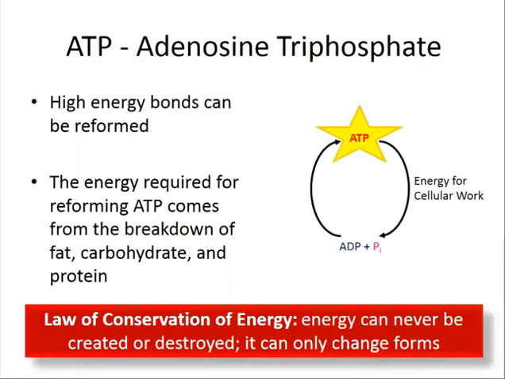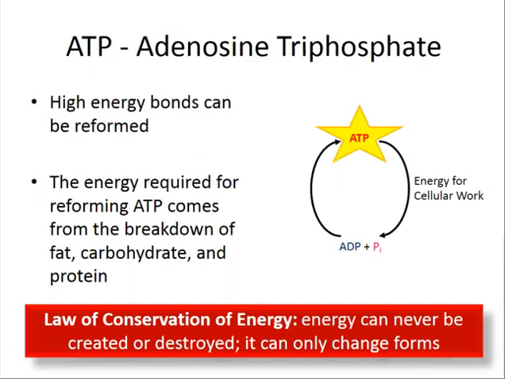So a free inorganic phosphate molecule can combine with ADP, adenosine diphosphate, which has 2 phosphate groups, to reform ATP. So a combination of ADP with inorganic phosphate can reform ATP. And the energy required for reforming these bonds comes from the breakdown of various fuel sources such as carbs, fats, and